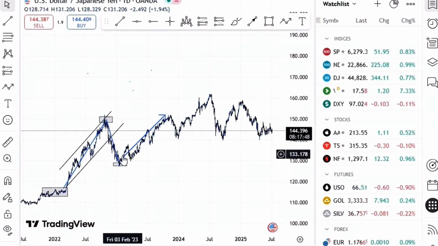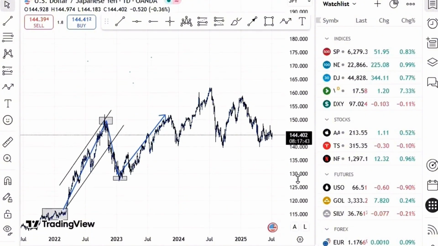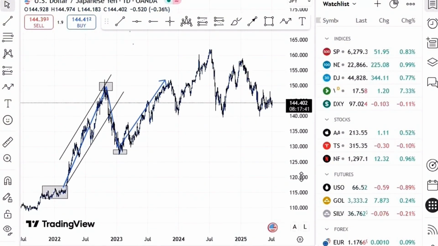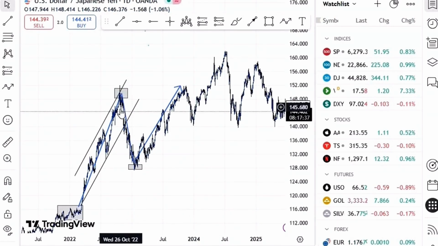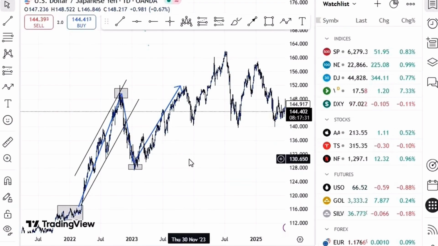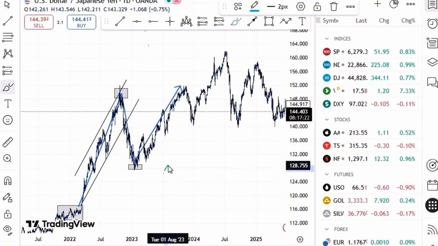So since we see that this was a change of market structure, we would have anticipated a slow move to the downside, a bit of a slow move instead of a beautiful move to the downside, right? We would have anticipated at least an impulse, retest, impulse, retest, impulse, retest, and impulse, and retest, right? So what do you mean when you're talking about an impulse, right? With an impulse, we are talking about something like this, where the market will move in this type of formation,